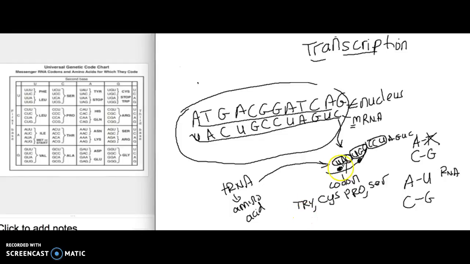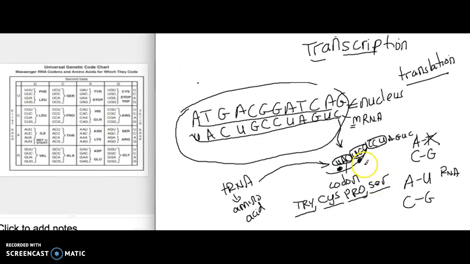So as you can see, it's translated, it's read now. So this is the second step called translation. Translation is reading the codons to make the appropriate proteins, and the tRNA brings that amino acid